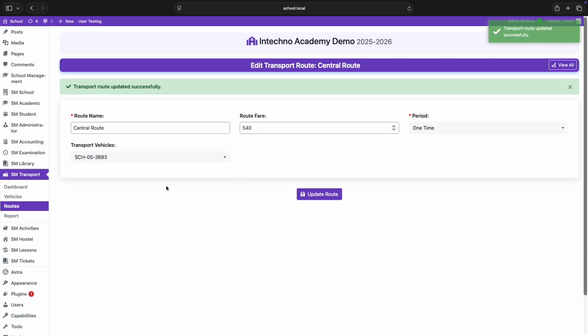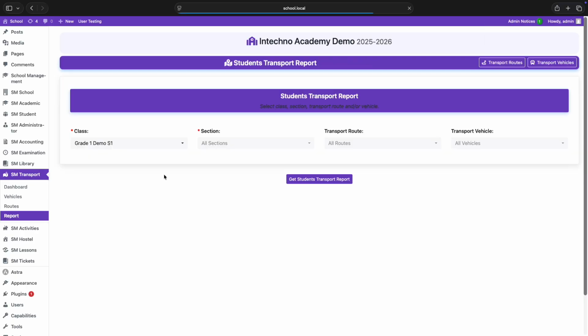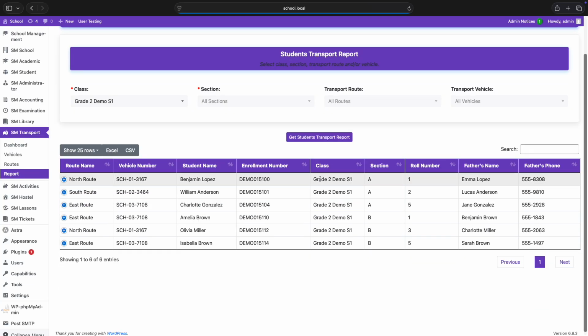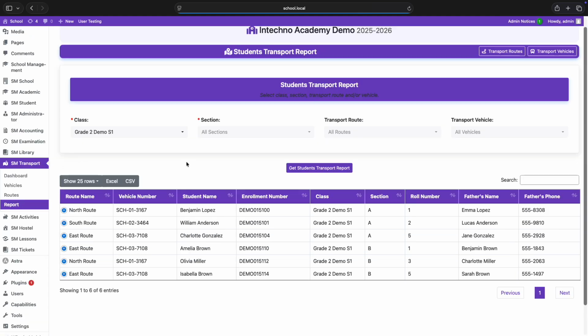Now let's prove it ties back to students. In Report, select Class and Section, optionally filter by Transport Route or Transport Vehicle. Click Get Students Transport Report. For admin handoffs, export with Excel or CSV right from the table. From the report header, jump straight to Transport Routes or Transport Vehicles if you need to correct a fare or